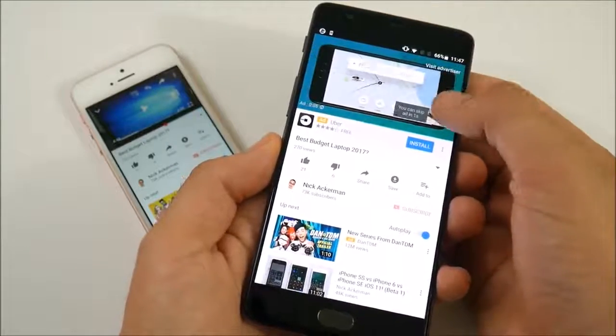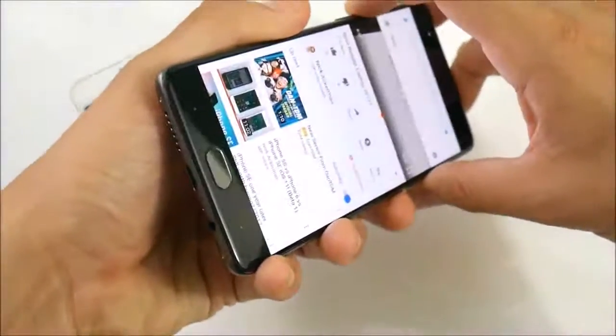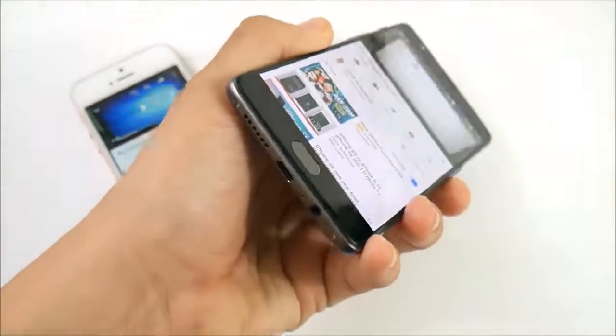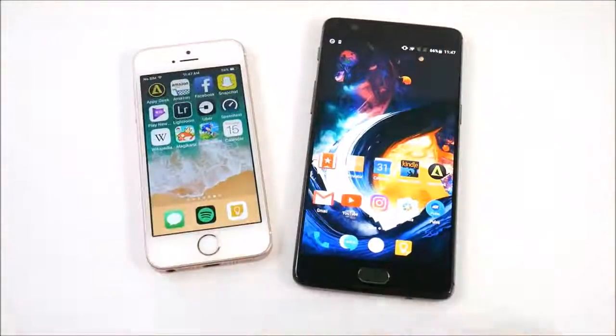So definitely louder. Easily hook this up to an external monitor and really have a powerful 3T, definitely a louder speaker than the SE, but not by much. Both of these are not the best in speaker, but I would go with the iPhone SE in terms of